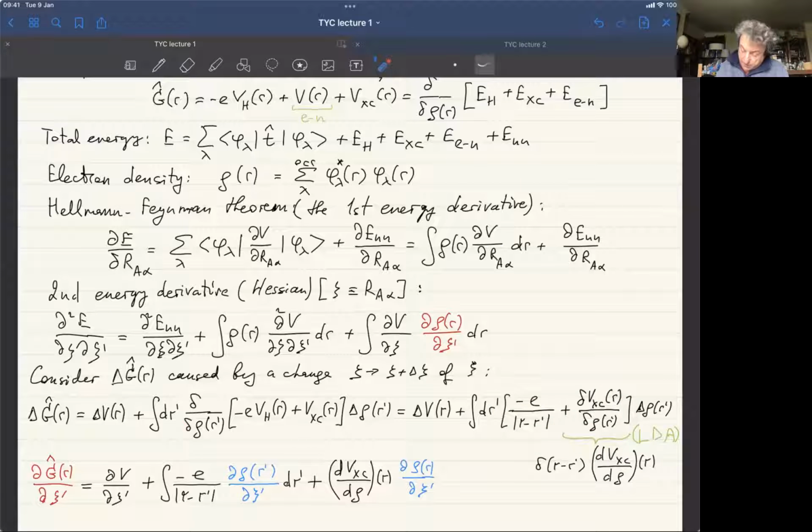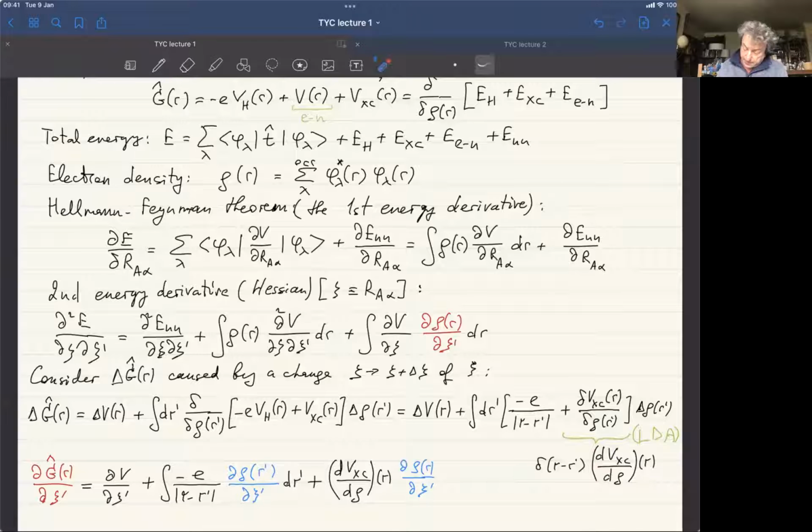For the exchange correlation term, for example in the case of LDA, which is local in the density, that derivative would give us the delta function and the ordinary derivative of that function V exchange correlation with respect to the density. That function is just some ordinary function of the density. If you looked at various density functionals, you will see this, but we're talking about LDA. And LDA is just a simple function of the density. So that derivative is just a function of space, and that integral, due to the delta function,